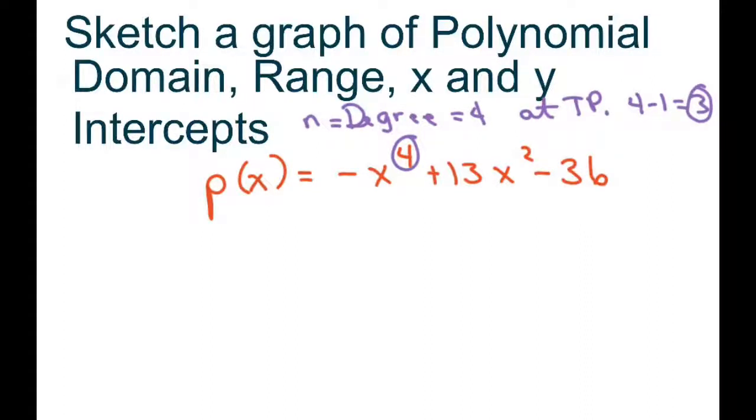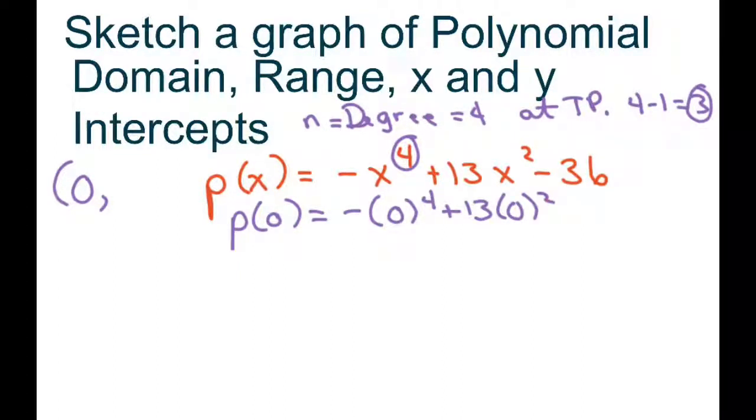Well, the y-intercept is easy, because that's when x is 0. So when x is 0, all this is going to zero out. This all zeroes out, so that's just going to be negative 36. And on our